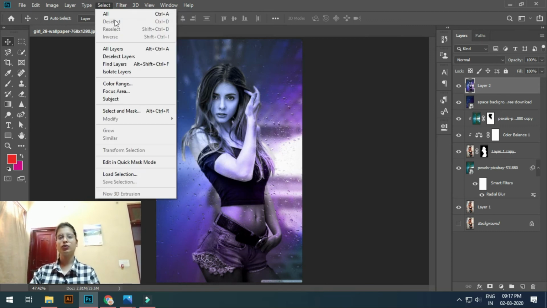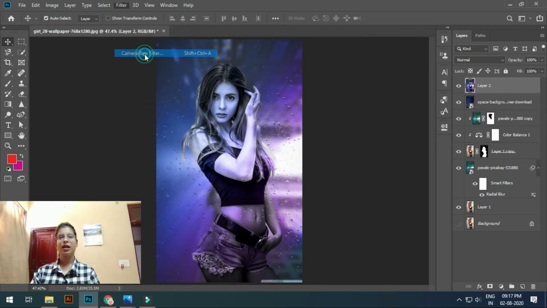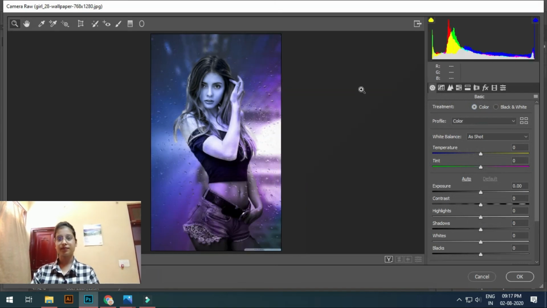Select this layer and go to filter, select Camera Raw filter, and you can see that the adjustment is shown there. So adjust it according to your photo. Okay, I need a little blue, not too much, it should look realistic. Little green, no, we adjust it little blue.